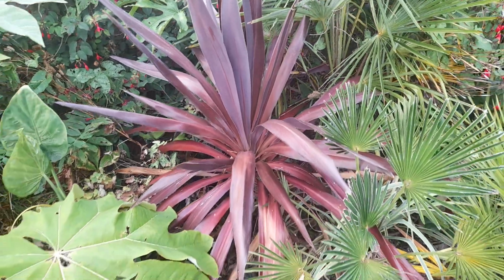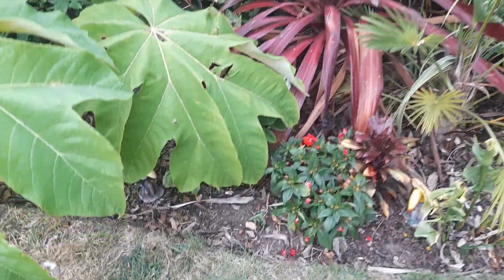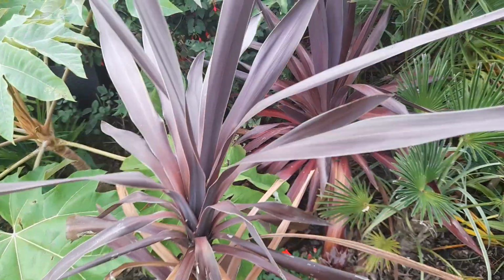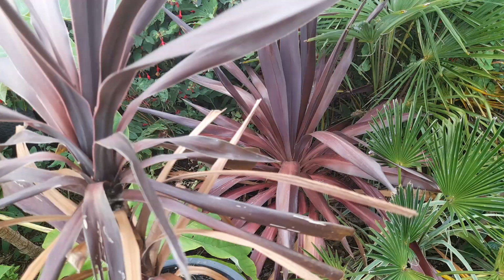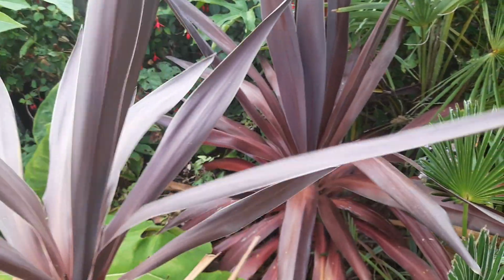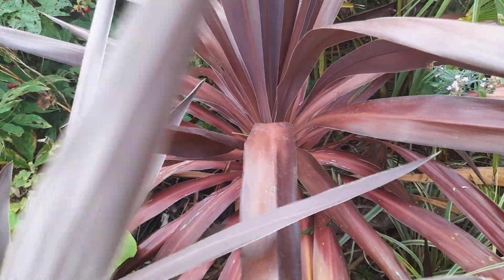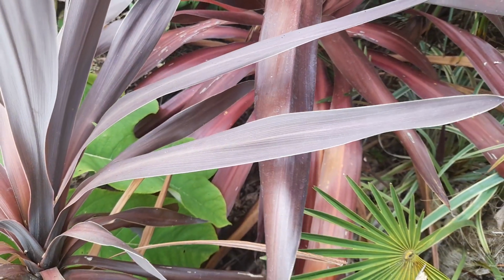So what I'd like to do is just give you a comparison. We've got a standard red star here, which is just one I got last year, reduced to £3, which recovered well this year and kicked out loads of new growth. But we'll just try and give you a look at the leaves. Very similar colour,